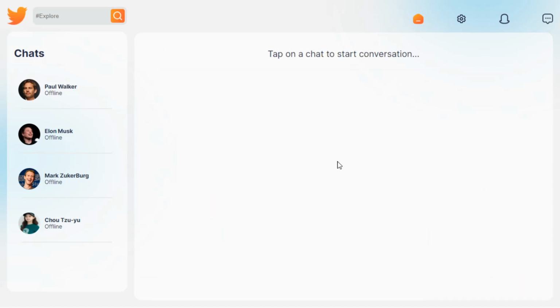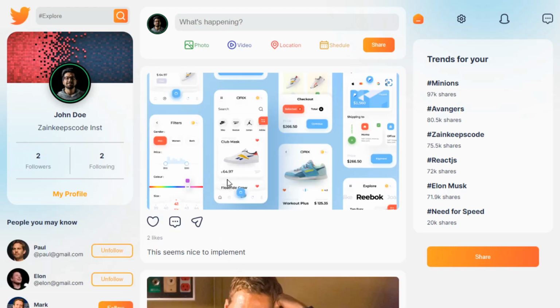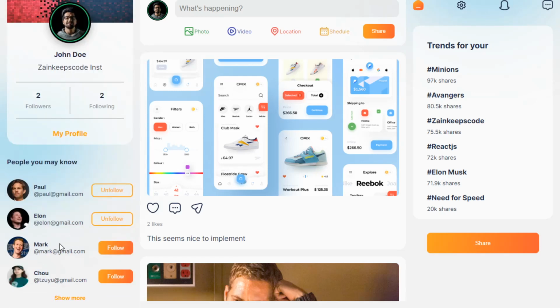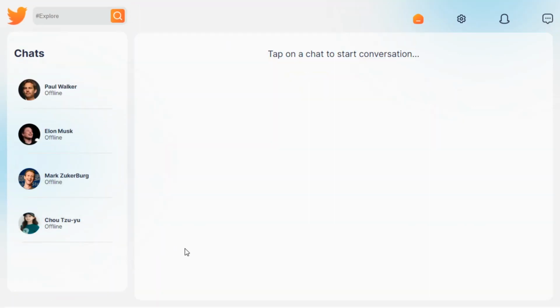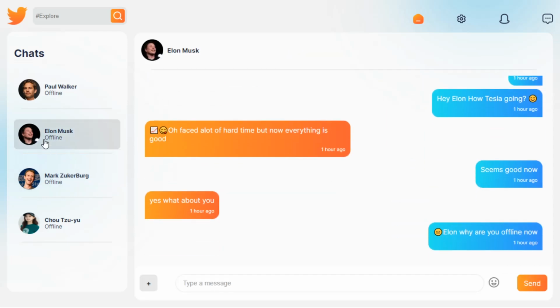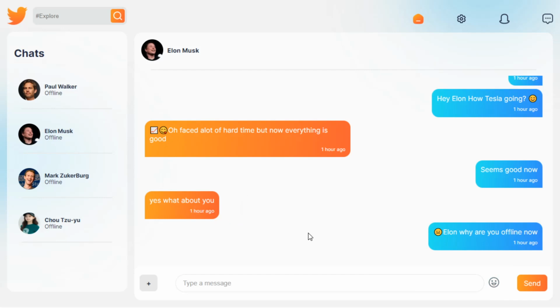Hello developers, before going to any type of intro, I want to share with you the bonus part of this tutorial. On your number of requests, we have integrated this chat application in the same social media application that we have made previously. How amazing this sounds. So these are some users available on our social media platform and you can actually chat with them in real time with all the amazing features of online status, sending emojis, time ago and many more you can expect